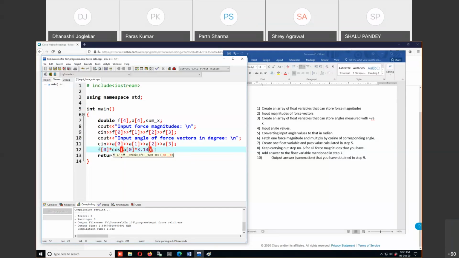So what do we do? We don't do it in this way. We don't write down this 3.14, but we rather use this name, M underscore PI. This word is reserved by C++ and actually represents pi. So its value is there. When you say M underscore PI, then it fetches the value of pi. To that we'll be dividing by 180 degrees. Unfortunately,